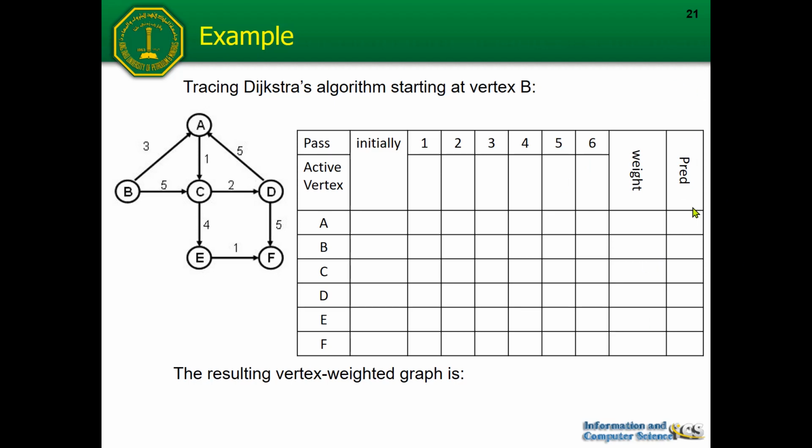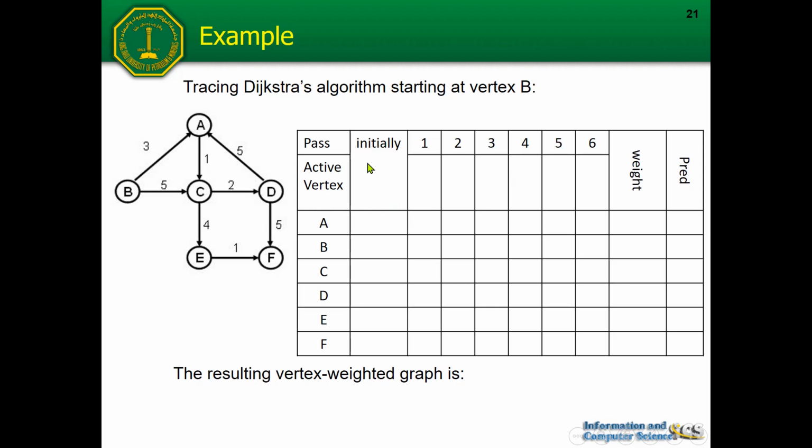Okay, by filling this table. Okay, in the exam actually what happens, we will give you some graph, then after that we will ask you to trace the Dijkstra algorithm, maybe starting from some vertex. In this case it is B. Then you only need to fill in these tables until finished, then that will be the answer. Okay, only something like that. Okay, so now everyone, let's do this tracing by using the table.